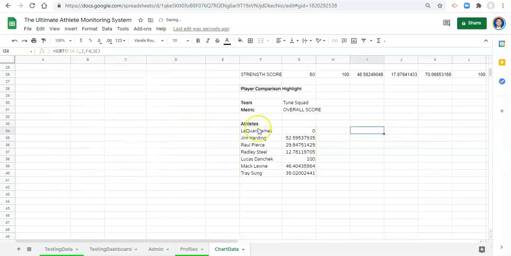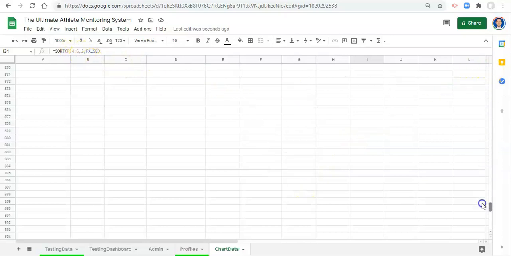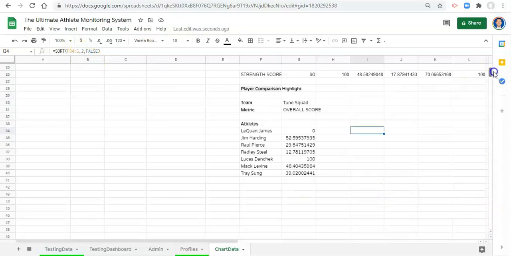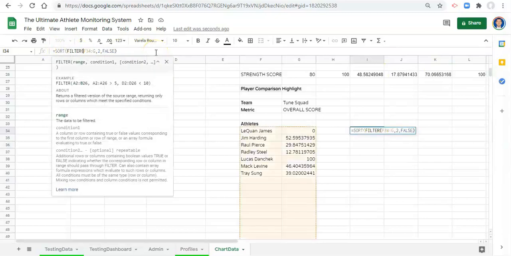And what do we have here? It's just a bunch of blanks. Now, the reason why that is because there are blank values included in our sort. So you guessed it, we've got to use the filter function again. Actually, if we scroll down to the bottom, we'll see all the names. But let's go back up here and we will say sort filter, open parenthesis,